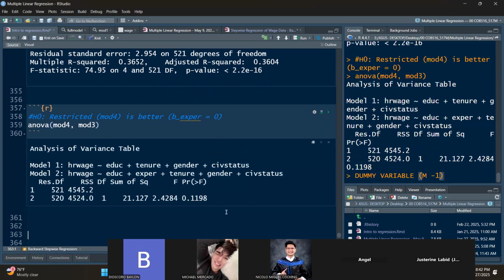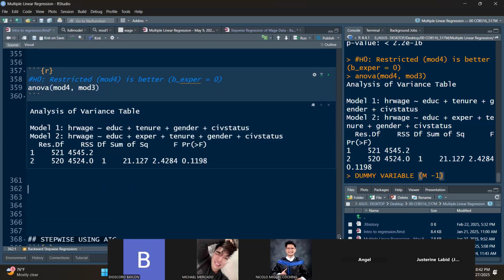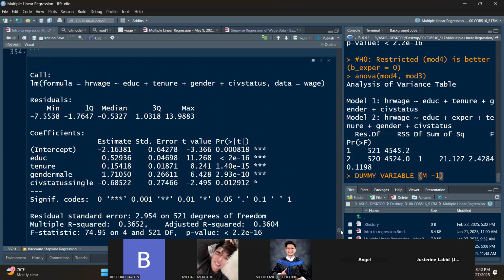0.1198. Okay, therefore, we fail to reject the null hypothesis that the restricted model number 4, the one with no experience, is better than model number 3. Okay, so our model equation will be,